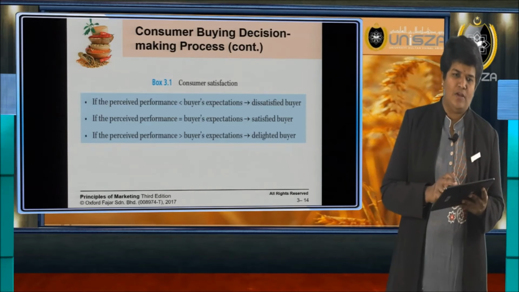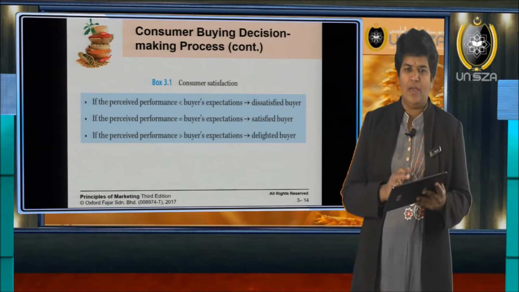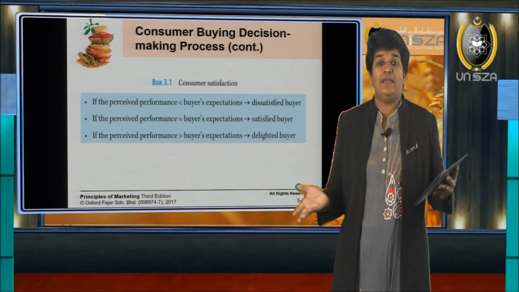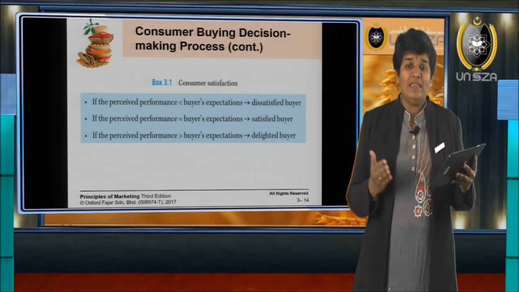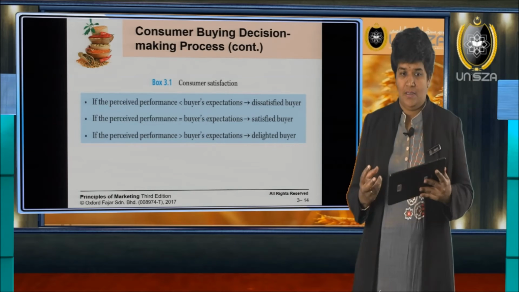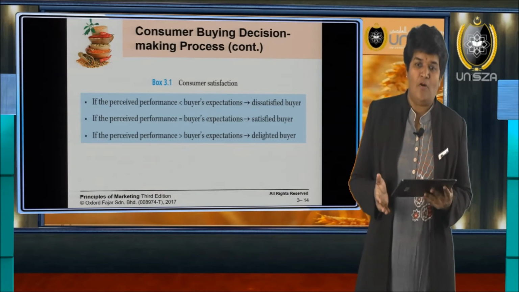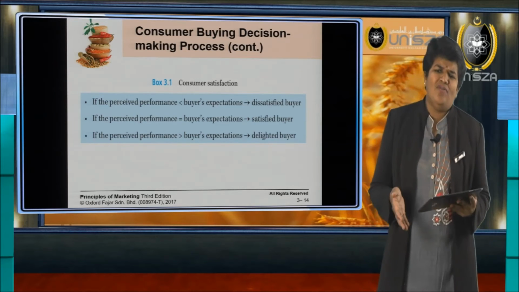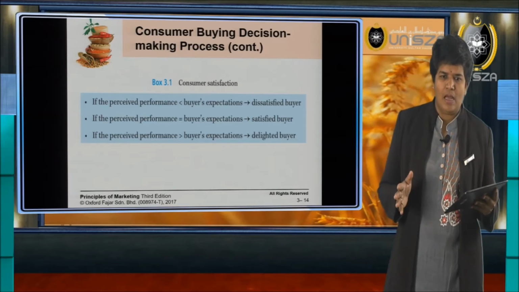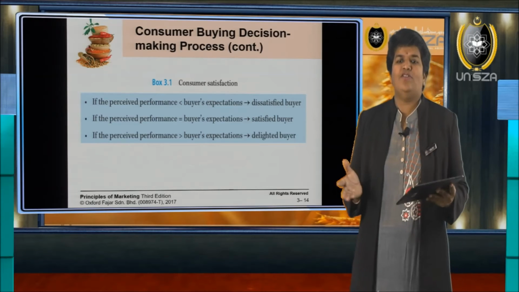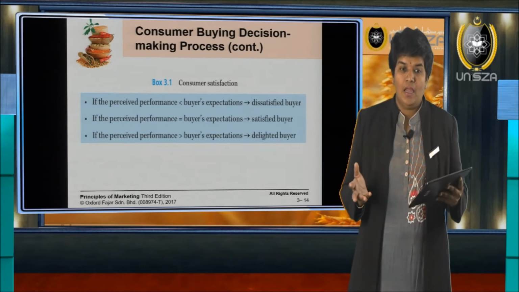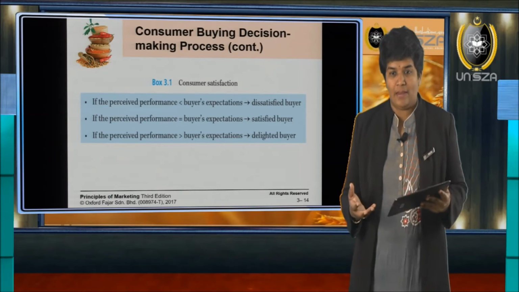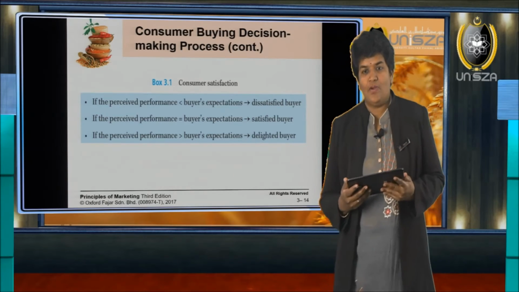Okay, customer satisfaction: we can divide it into 3, where we have a dissatisfied customer, a satisfied customer, and a delighted customer. When the product that they purchase gives lower performance, then of course the customer is dissatisfied. When they think, okay, I'm fine with the product, that is a satisfied customer. When they purchase something and get more than what they expect, that type of customer we call